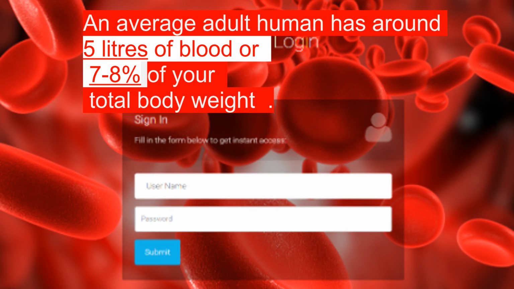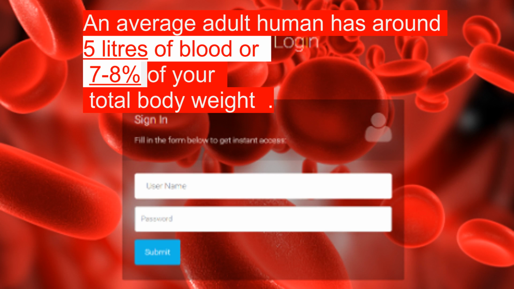As we all know, blood is the essential element of human body. About 7% of human weight consists of blood. Blood bank is a place where blood is collected from the donor and stored for a period of 30 to 35 days for later transfusion.